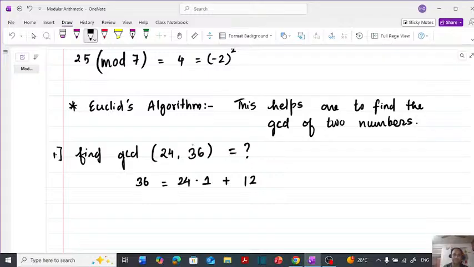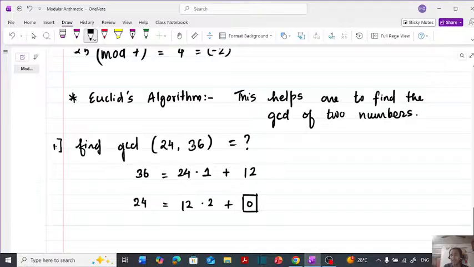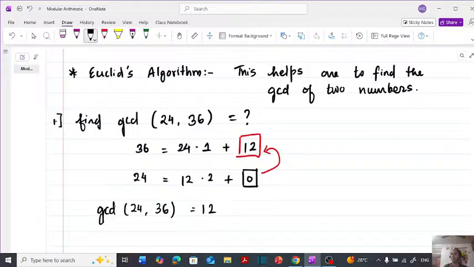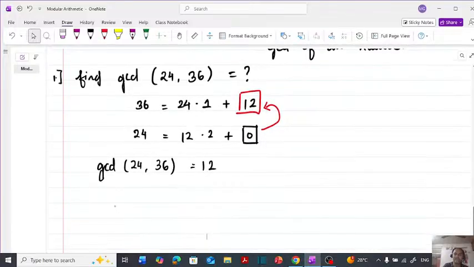ओके। अब ये 24 जो है उसको हम ये नया रिमाइंडर से डिवाइड करेंगे, तो 12 से डिवाइड करो तो आपका 2 आंसर आ गया। तो यहाँ से 12 इंटू 2 24 होता है, और फाइनल रिमाइंडर 0 है। तो ये हम लोगों को आंसर मिल गया कि ये 0 आया। तो अब जीसीडी कौन है यहाँ पर, जीसीडी है इनका, ये जो 0 के प्रीवियस स्टेप में जो रिमाइंडर आता है वो हमारा जीसीडी होता है। तो दैट इज अवर रिक्वायर्ड आंसर। सो जीसीडी ऑफ 24 एंड 36 इज 12। ग्रेटेस्ट कॉमन डिवाइजर हमको 12 मिल गया है यहाँ पर।